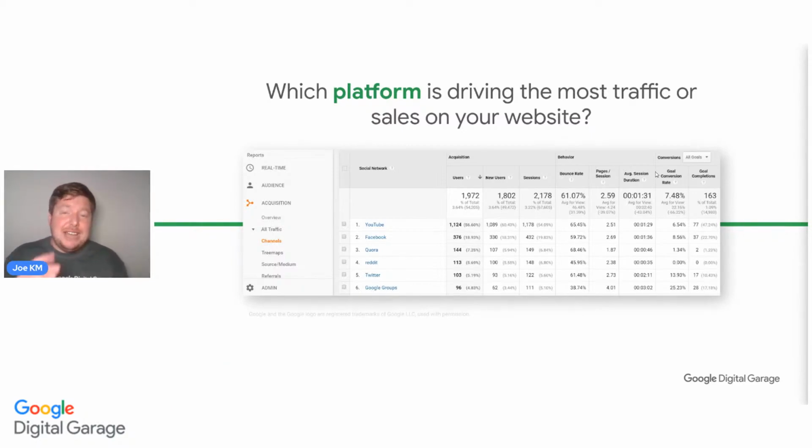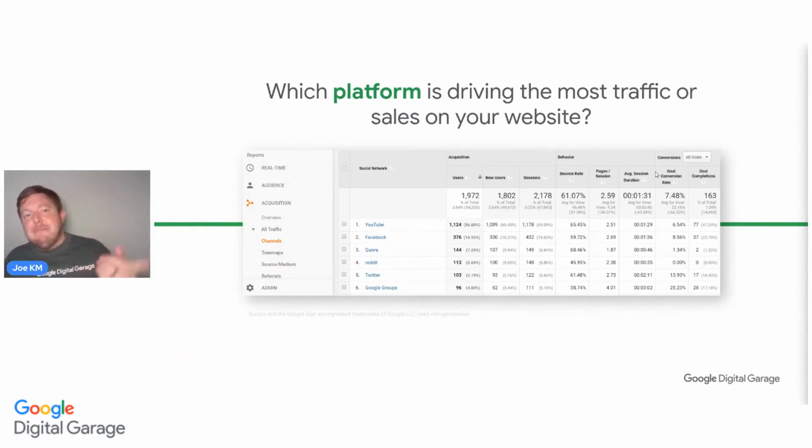go onto your ads and you start to look at it and go, well, I'm getting 1,124 users from YouTube. I'm getting 376 from Facebook and 103 from Twitter. But you're doing 2 hours on each one. Ask yourself a question. If I'm getting 1,124 users, and out of those users, I'm getting a goal conversion rate of 7.48, and your goal might be to sell something, so it's a sale, compared to the other one where on Twitter, you've got 13%, on Facebook, you've got 8.856%.